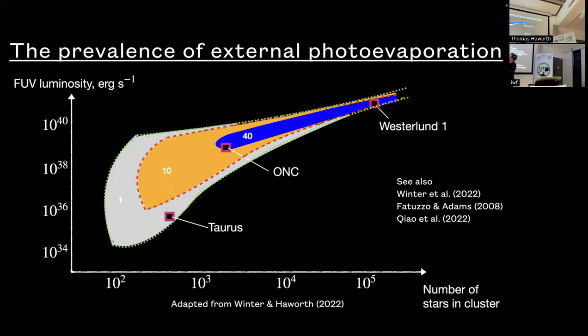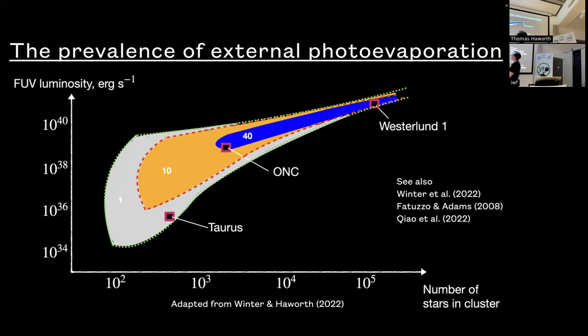And what the color bar here is showing is that for every one star in the gray region, if you look at the overall number of stars you sampled, you expect 10 in the orange and 40 in the blue. So this is critical for the context here, in that if we are with ALMA looking at Taurus and Lupus, we're looking at pretty unusual disks probably, right? Because they're in low UV environments. Most stars, when you sample this distribution, we expect to be in these